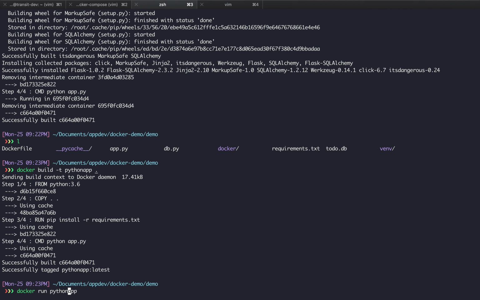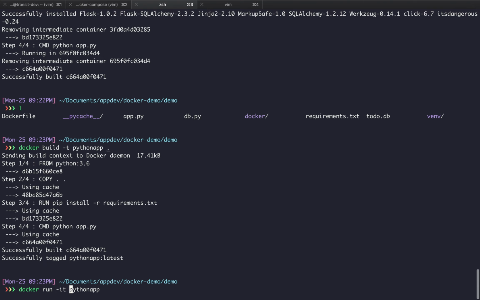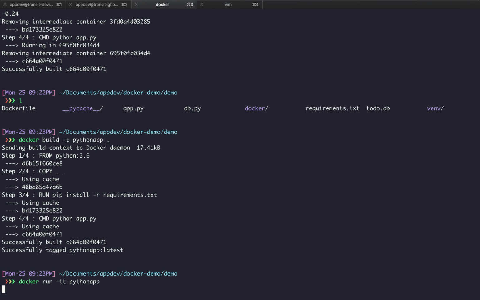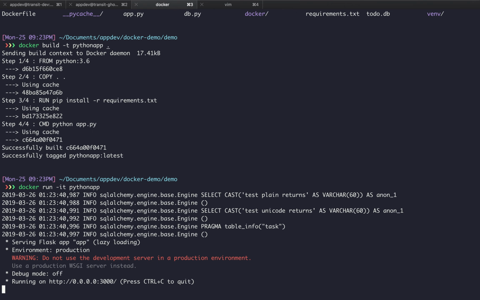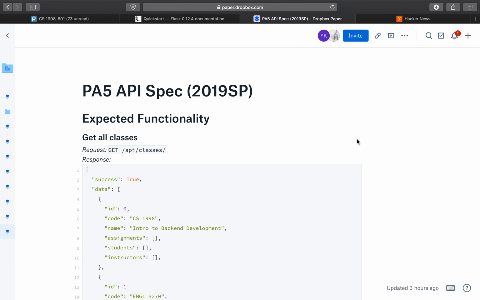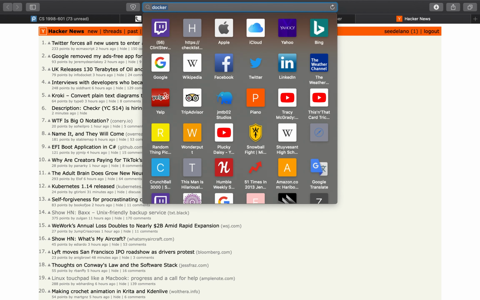I'm going to specify two flags here. So -it. This is really common if you look up how to use Docker. It basically says that if I input anything on my keyboard, like Control-C to get out of Docker, it'll actually run it inside of my terminal, and it'll let me Control-C out. If I just ran docker run without these flags and tried Control-C, nothing would happen, and I'd have to close this window, which would not be good. So we'll avoid that. So if I go to my localhost, it's actually not going to work.